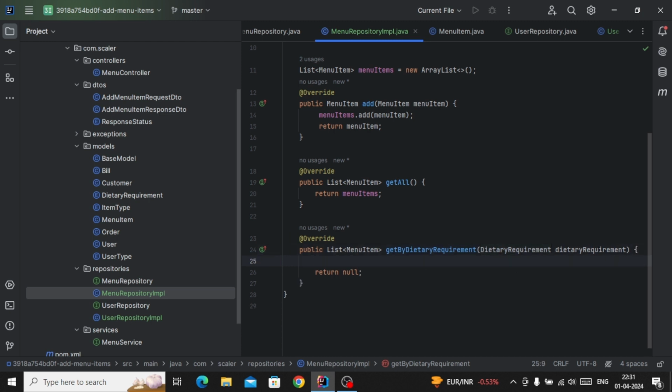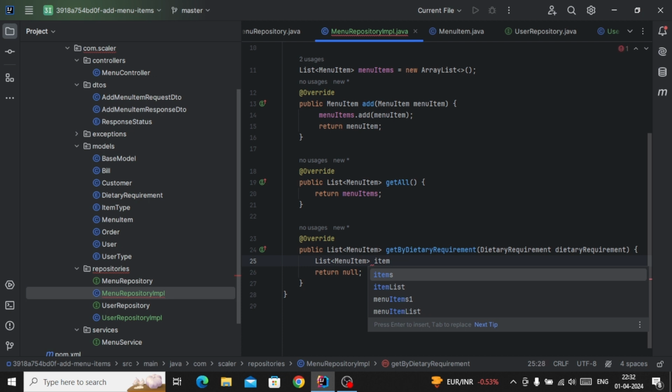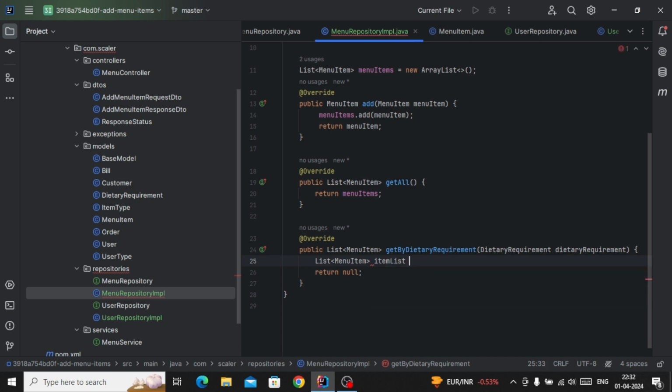So we have one list, so we will create one more list here. And after that, we will assign all the values using the filter by the for loop. So first I'm using here List, and again it requires one element. So the element we require is MenuItem, and equals to, now here we will add the name of this list, so we will keep it as itemList. We are already using menuItems, so here we will keep it as itemList, and equals to new ArrayList.